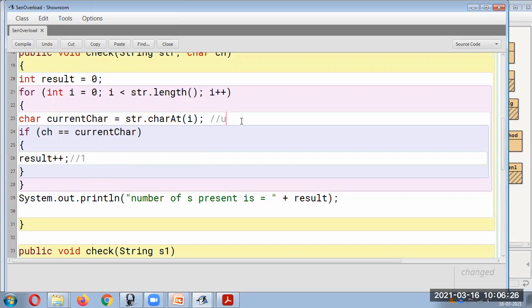In the second case, it will check for U, so result will not change. Then C will come, no change. E will come, no change. When S comes, that time it will become 3, and at the end you will get the result as 3. This is how things happen over here. Okay. Next is